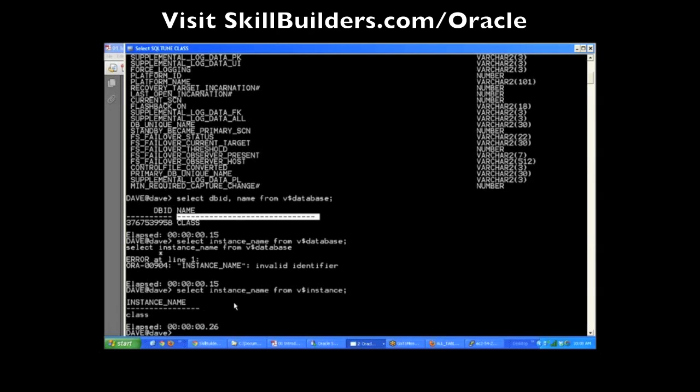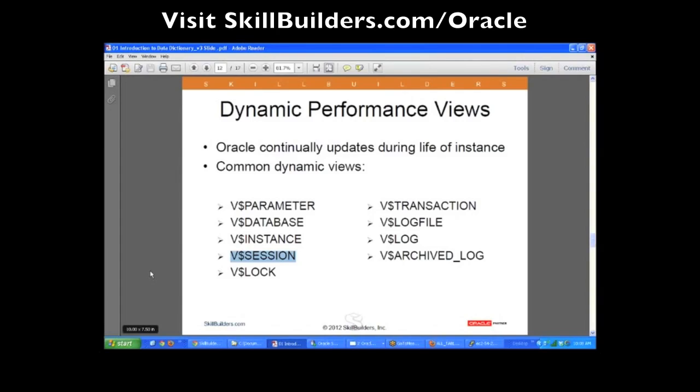However, in RAC environments, remember that John said that there are multiple instances that can access the one database. So you would have different instance names, maybe class1, 2, 3, and 4 for a 4-node RAC accessing one database. The DBID is a unique number that identifies this database and can be very useful in certain recovery operations as well as other things. But again, the columns in $database and $instance will become more clear to you as you go through these